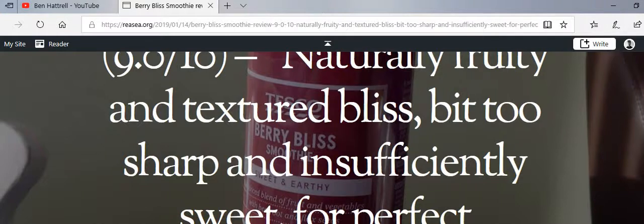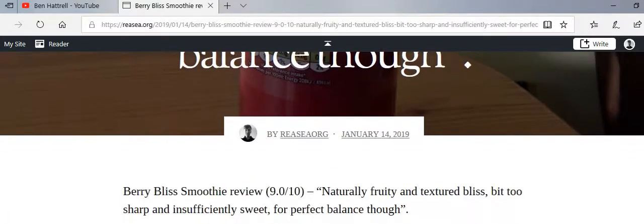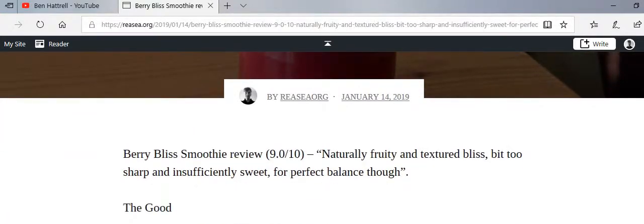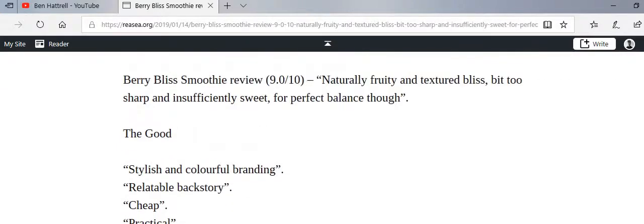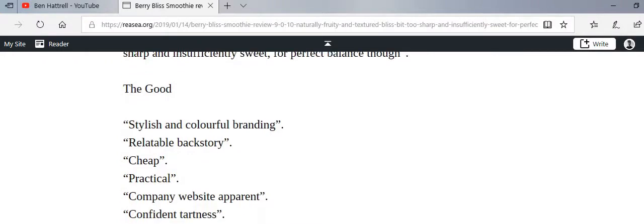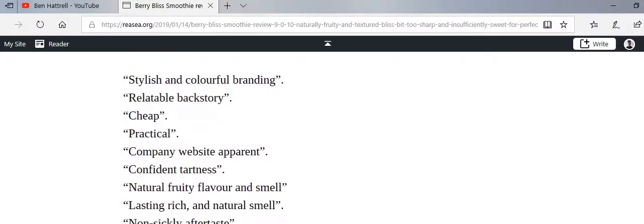It was a bit too sharp for my taste, however, and it was insufficiently sweet for perfect balance though. So this is a little caption of me, Reaseaorg. It was posted by me on the 14th of January, so about 5 days ago. Berry Bliss smoothie review, 9 out of 10, naturally fruity and textured bliss, bit too sharp and insufficiently sweet for perfect balance though. The good was it had stylish and colourful branding, it had a relatable backstory, it's cheap, it's